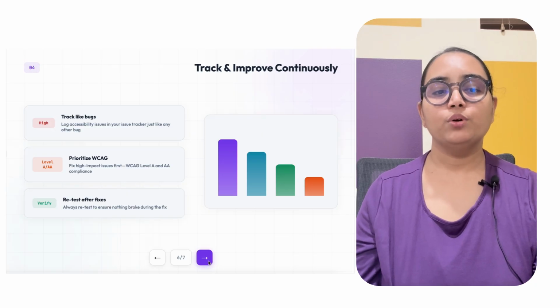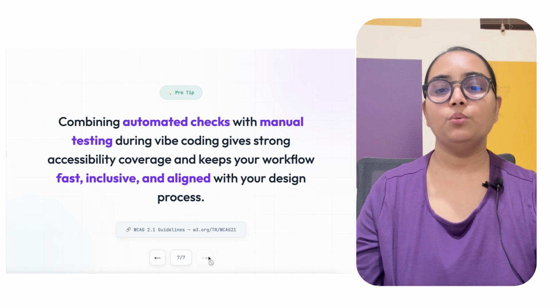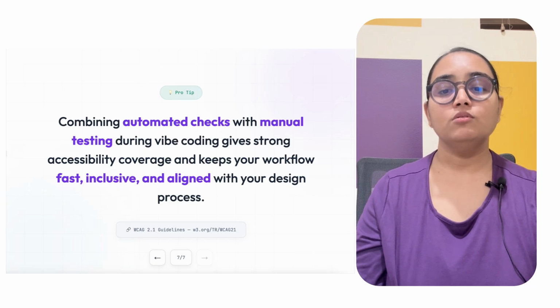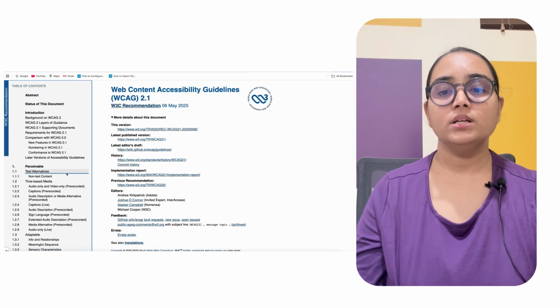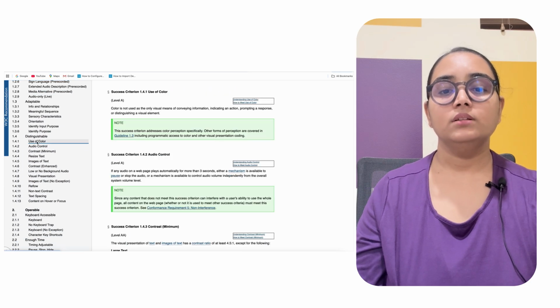So here is my pro tip. Combining automated checks with manual testing during vibe coding gives you strong accessibility coverage and keeps your workflow fast, inclusive and aligned with your design process. For detailed guidance on building and testing accessible products, you can visit the WCAG official website and the link is